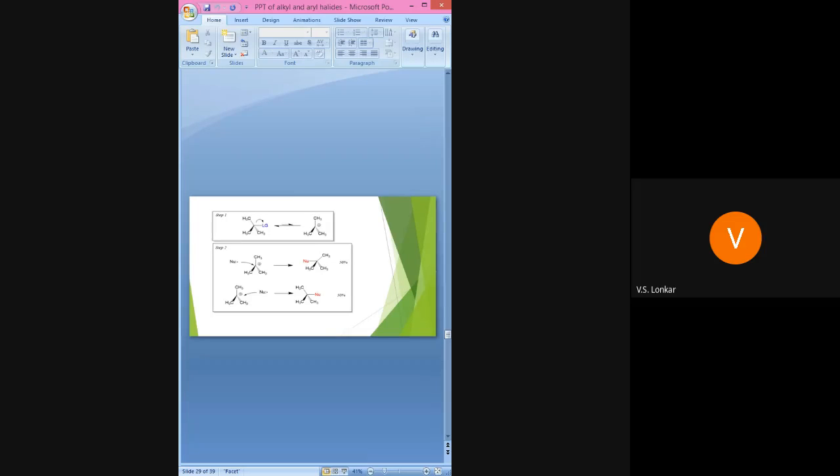Whenever we explain the stereochemistry, very simple questions are asked in multiple choice questions based on the SN1 and SN2 reactions: the long form of SN1 and SN2, the type of alkyl halide present, what type of solvent is there, and what about the stereochemistry, whether inversion or retention occurs. Questions like that are asked in multiple choice questions.